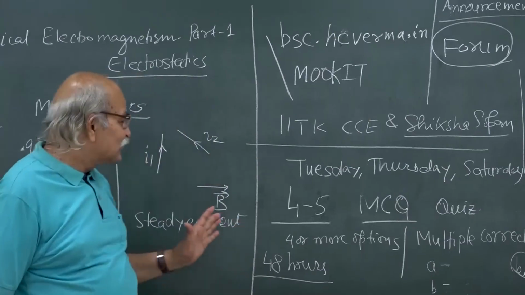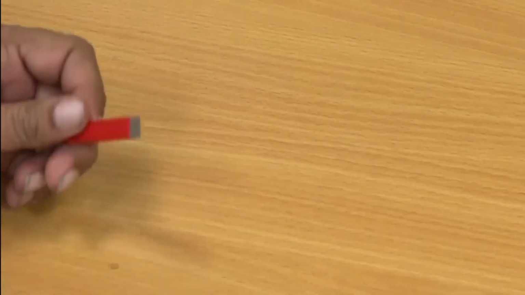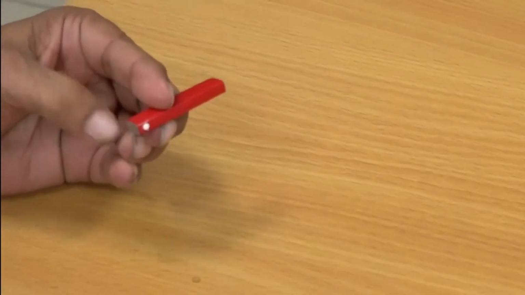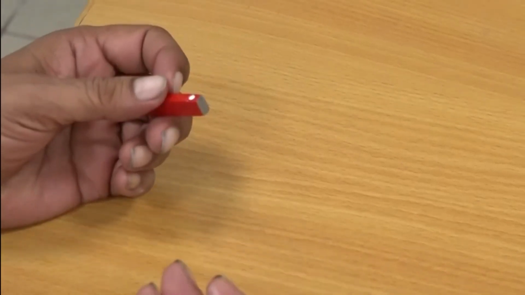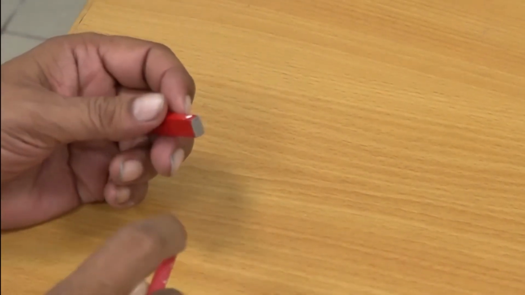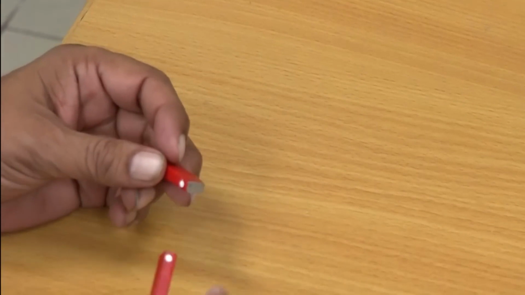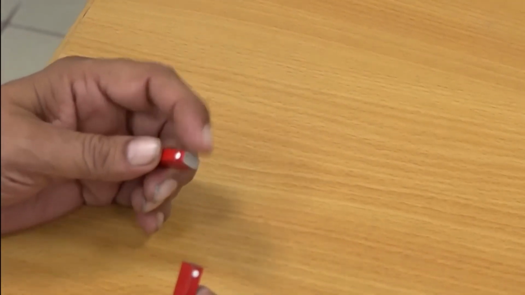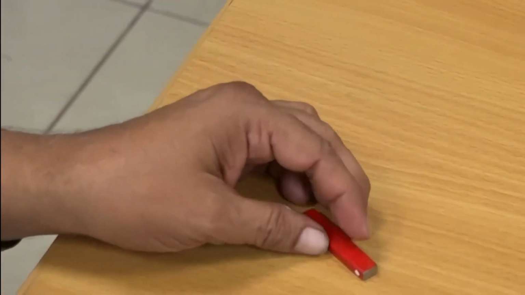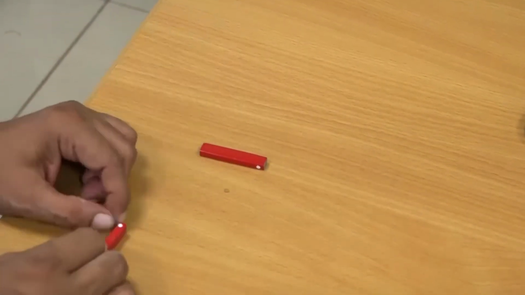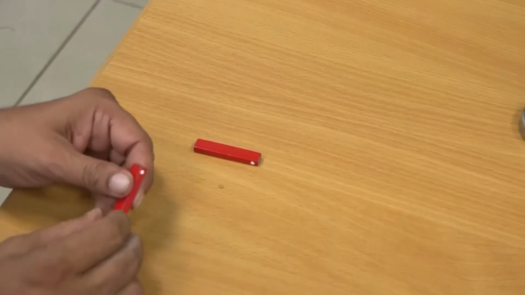Now, let us come to this magnetostatics once again. So, let us do some stuff which you did in class 8. This is a bar magnet, normally used in the laboratories. This is another bar magnet. You have this white dot here, which signifies that this end is the North Pole and the other end is the South Pole. So, if I place the magnet here, North Pole is this side, and this other magnet, North